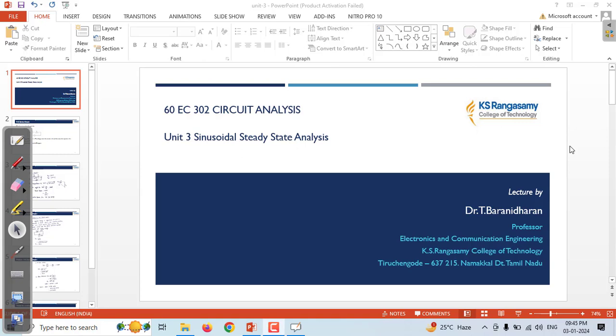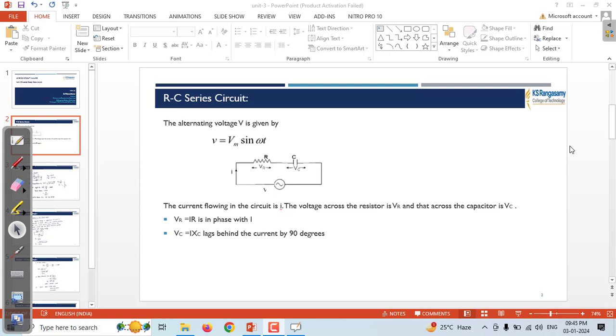Circuit analysis, sinusoidal steady state analysis. So in this video, we are going to discuss the RC series circuit, and how to solve problems in RC series circuits. If you see the figure here, the resistance R is connected in series with a capacitor,